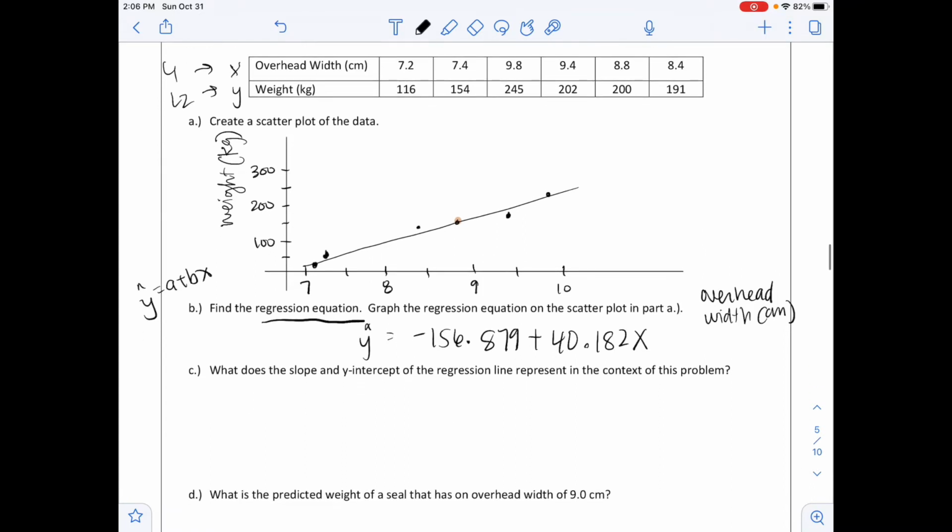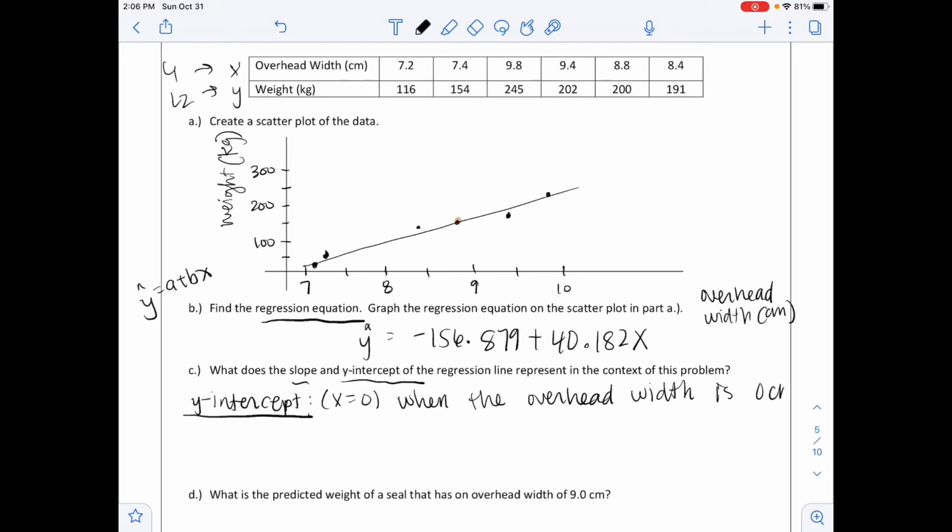Part C says, what does the slope and the y-intercept of the regression line represent in the context of this problem? So the easier one to talk about is the y-intercept. And so again, the y-intercept from algebra is going to be when x is equal to 0. And so for us, that means that when the overhead width is 0 centimeters, because that's our x variable, so when the overhead width is 0 centimeters,